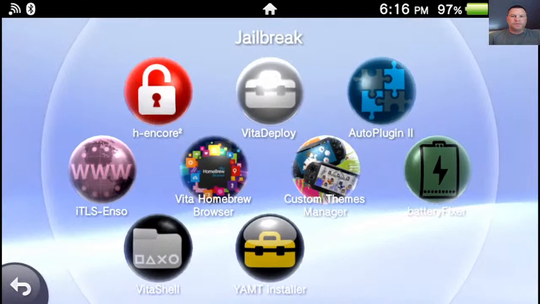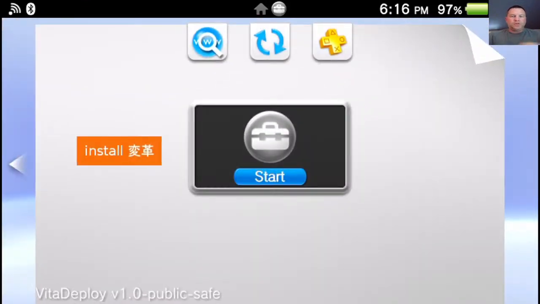So you're going to go into Vita Deploy here. Once you actually have a jailbroken Vita, I would recommend the 3.74 firmware jailbreak. You can go to anywhere on YouTube and look that up. I would recommend Blaine Locklair, who actually taught me how to jailbreak all my stuff, and he does a really great and thorough job. So just encourage you guys to go and check out his channel. The one that he did with the 3.74 firmware is, I think, back from May, so it's a few months old. So anyways, once you get into Vita Deploy, we're going to open that up there,